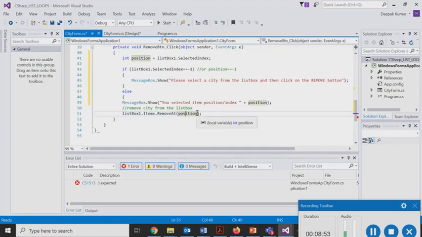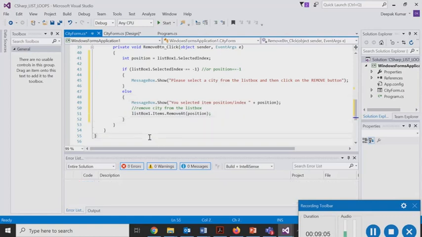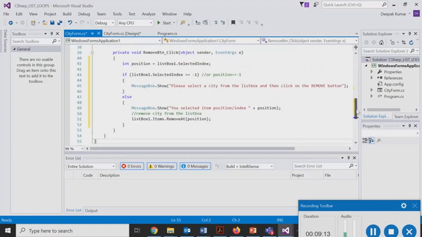So this position parameter will determine which item has to be removed. At the moment we don't have a corresponding curly brace here, so let's put that back. Now we see that there are no errors, and this is what we have done so far. So we will execute this again to test our code.